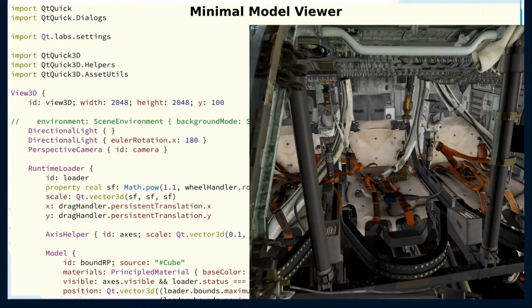So this is the Apollo command module, which was in orbit around the moon and came back to Earth afterwards. At least I think it's the original, or maybe it was a spare, I'm not sure. So I downloaded this model. I'm simply loading it with the runtime loader, and